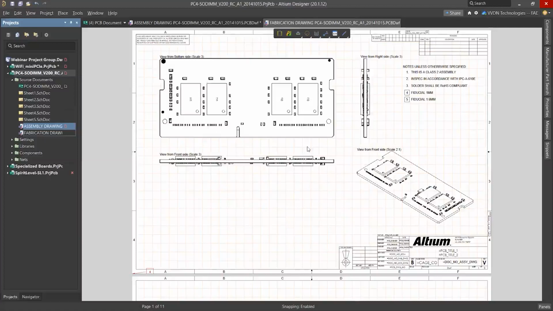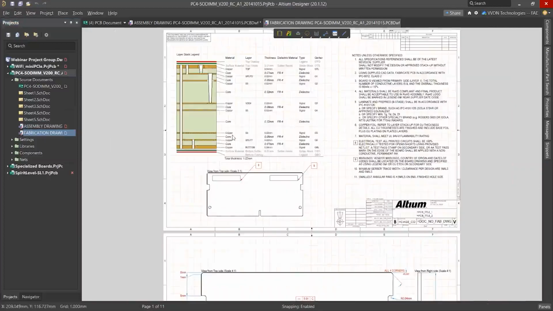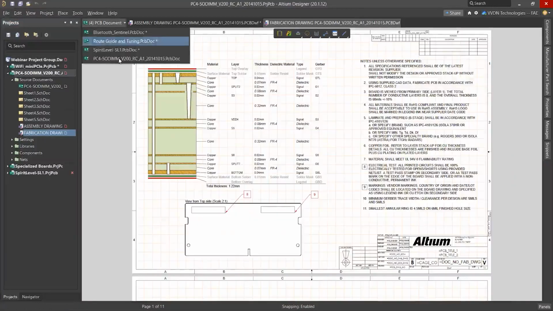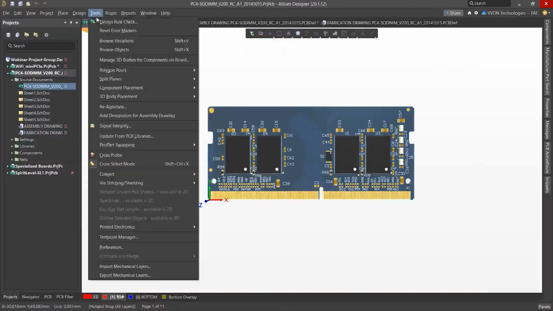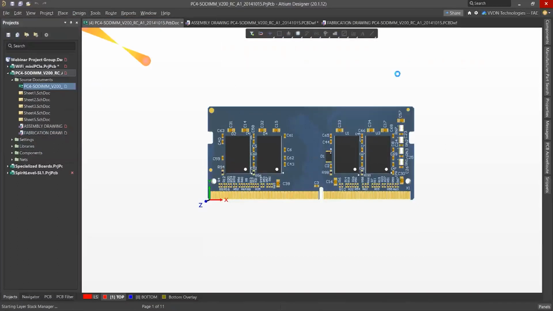So here you can see we have added the layer stack for this. For this project we can check the layer stack. From Design, Layer Stack Manager, we have this, so this layer stack also we can add under documentation.